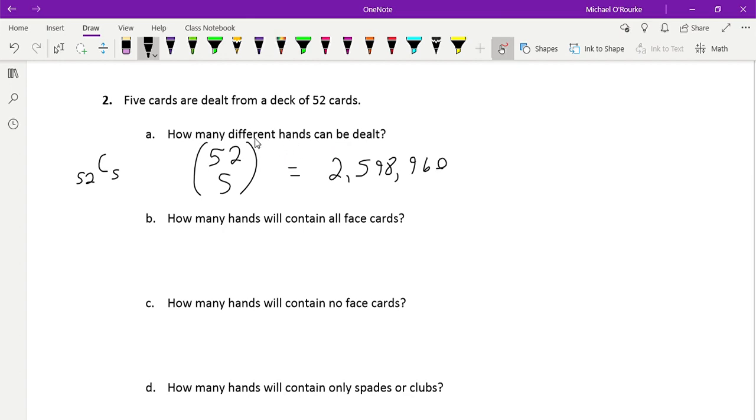There's 5 cards in the hand. Okay. How many hands contain all face cards? If I just wanted face cards,